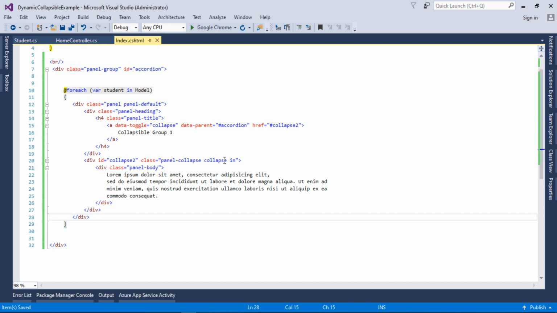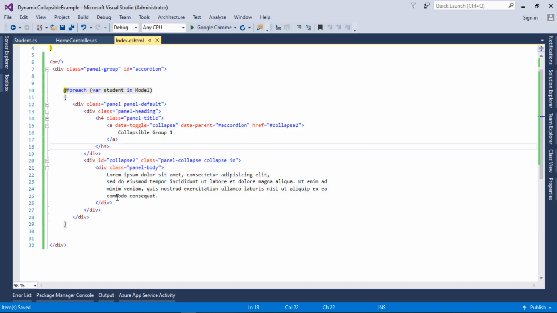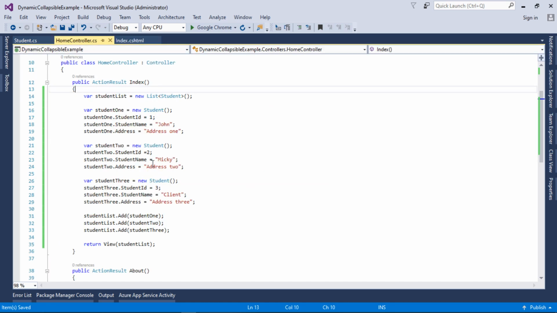And now I need to represent each panel with a unique identifier. As I mentioned earlier, we need to pass this href the same as this id. So I will generate the same id for the collapsible, and this will be unique as each student in the list has a different id.